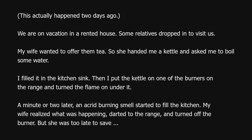I filled it in the kitchen sink. Then I put the kettle on one of the burners on the range and turned the flame on under it. A minute or two later, an acrid burning smell started to fill the kitchen. My wife realized what was happening, darted to the range, and turned off the burner. But she was too late to save